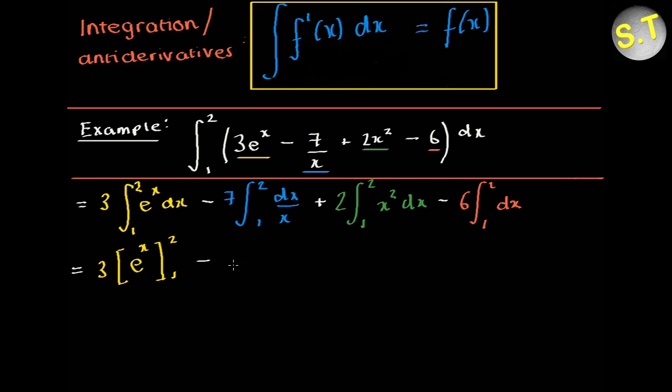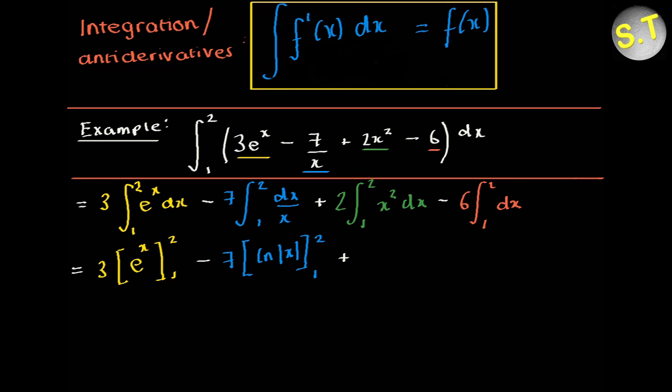Subtract, and in blue we still have 7, and we know that the derivative of the natural log of x is equal to 1 over x. So therefore, the antiderivative of 1 over x must be equal to the natural log of x, evaluated between 1 and 2,